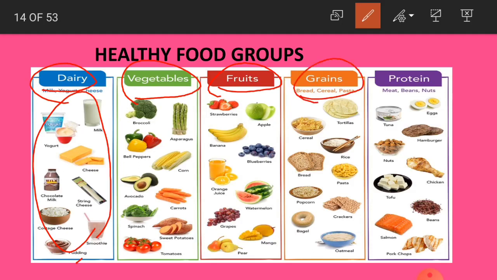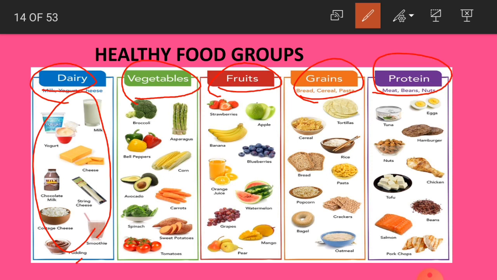Everything in this food group is very important, children. Again, protein food. Protein food is like meat, then beans, nuts and all that, non-vegetarian also. Okay, meat and all that will be included in that. Because we are talking about food, we have to know that we should consume good food to